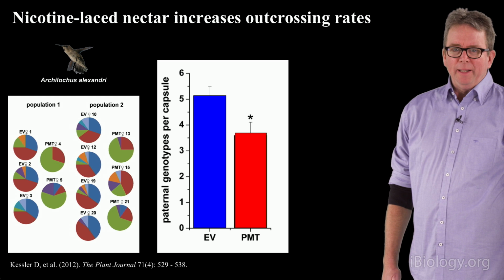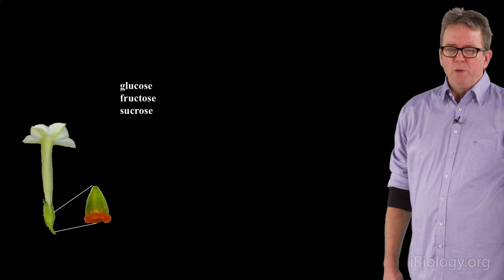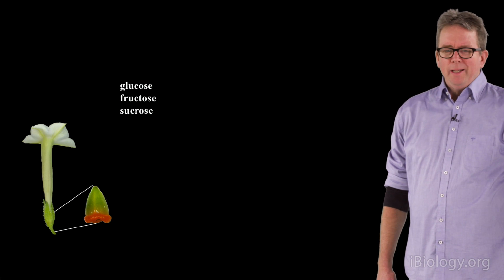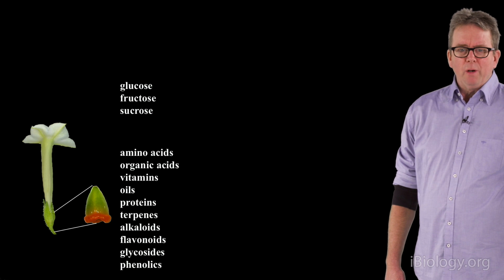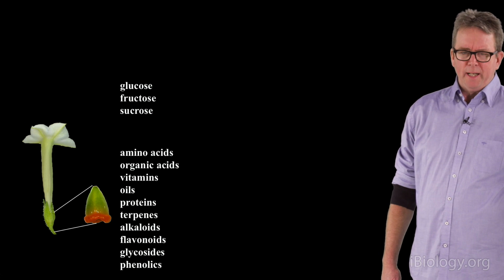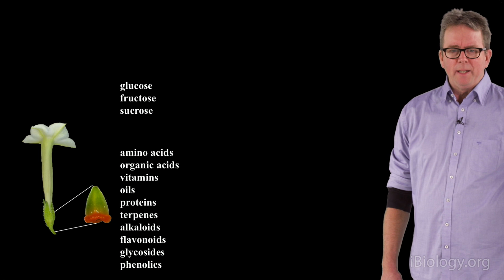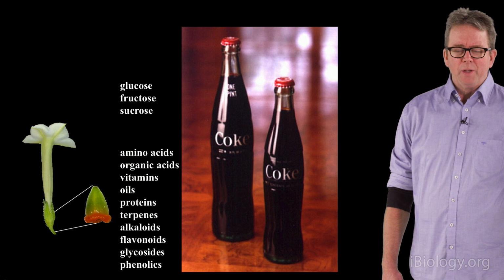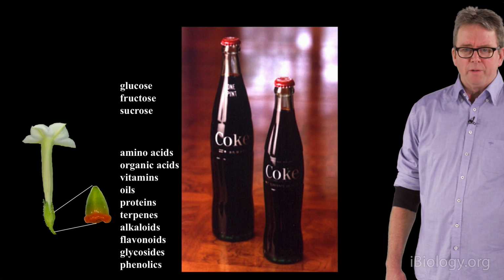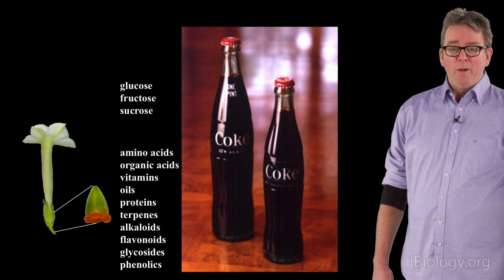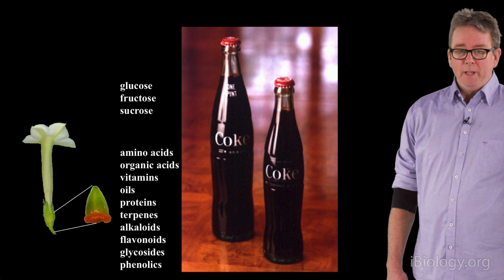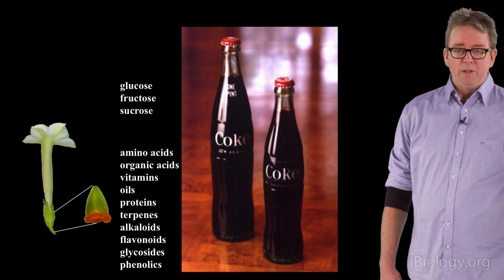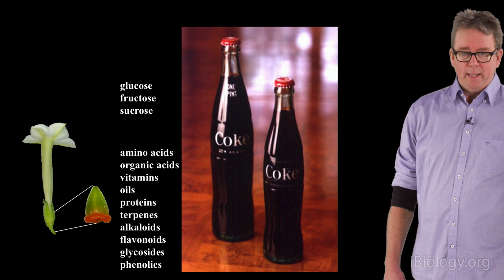So I think it's abundantly clear that we shouldn't be thinking of nectar as simply a solution of sucrose and glucose and fructose that is a reward to pay the postman with. We should consider all the other metabolites that frequently occur in nectar solutions and think about them in the context very much similar to the context of the secret formulas of many of the soft drink producers, namely to manipulate how the consumer behaves. And the plant is, of course, using chemistry to be able to optimize outcrossing and solve all the other problems that pollination entails.